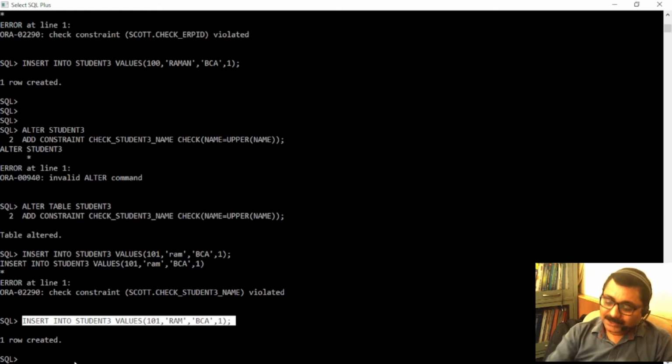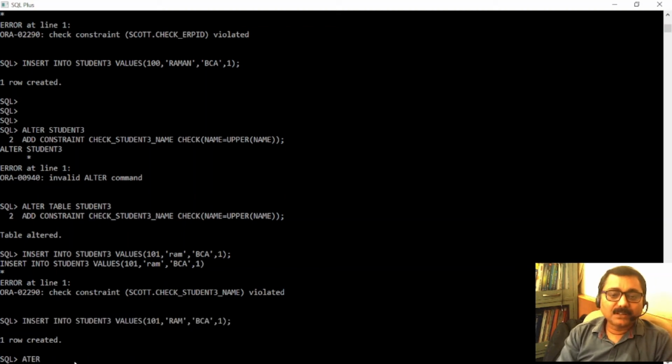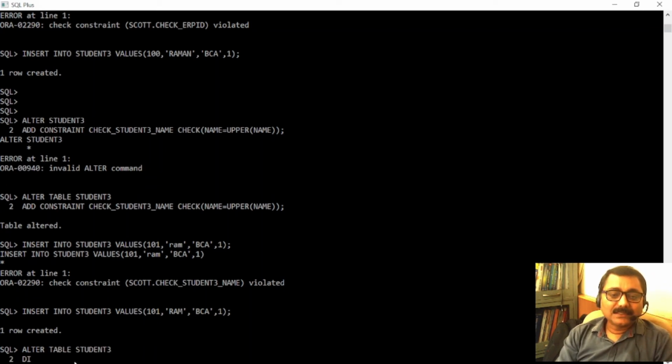Now let's understand how to enable and how to disable constraints. So I'm going to disable. It's very simple. Alter table student 3 disable constraint.